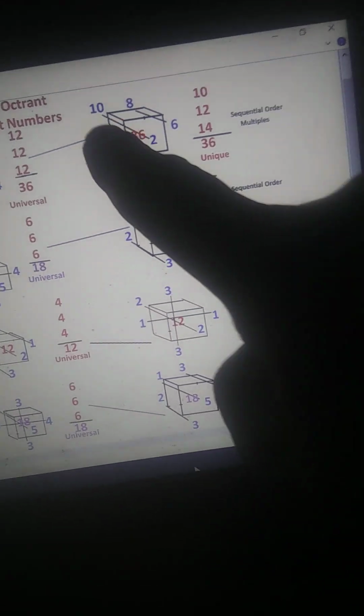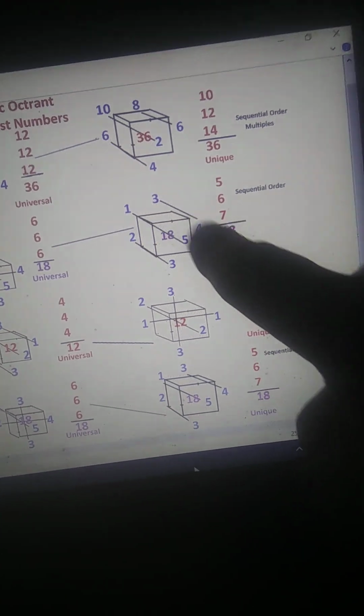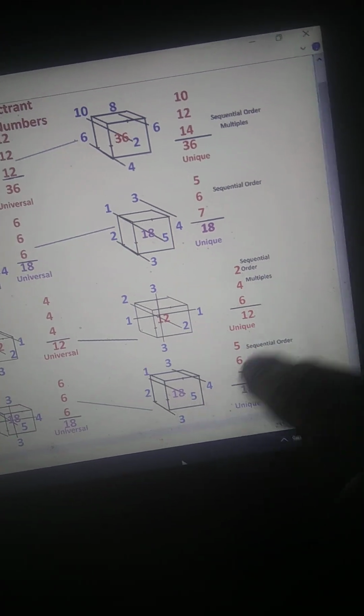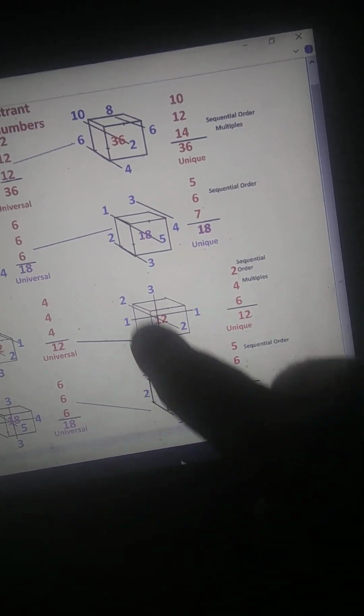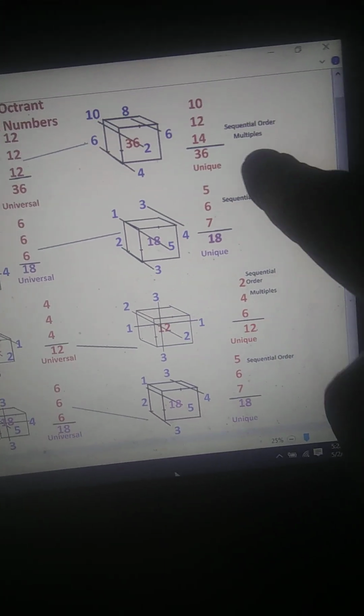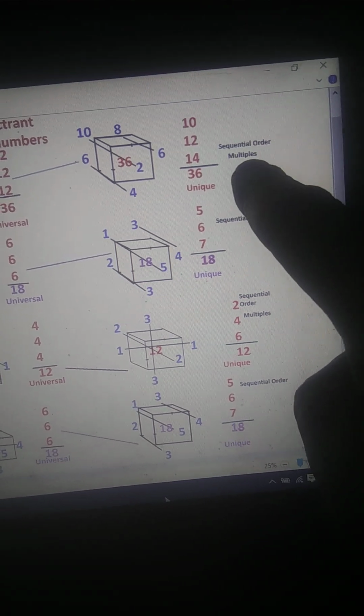But if you reverse that order, if you crosswise all the other numbers, and intersect the central ghost number, crosswise all these, intersect the central ghost number, you have what I see right now as a sequential order, but